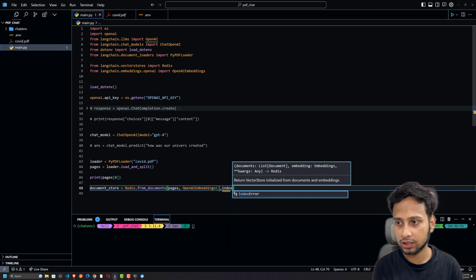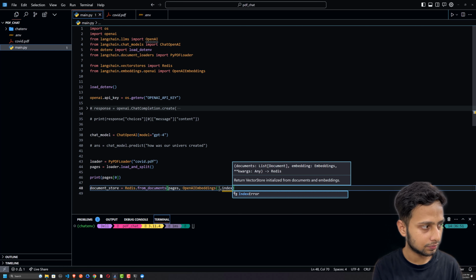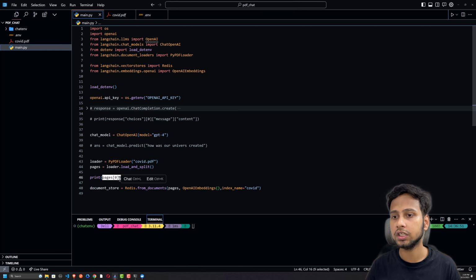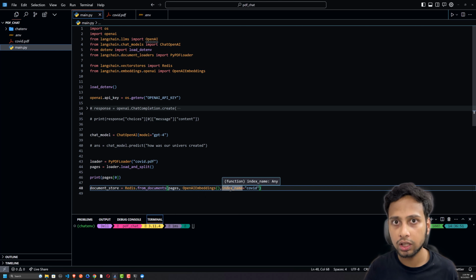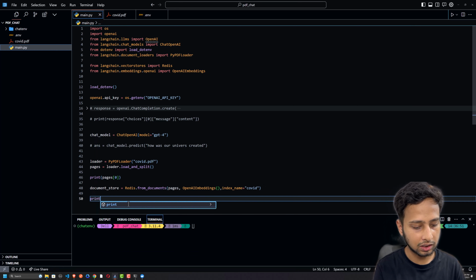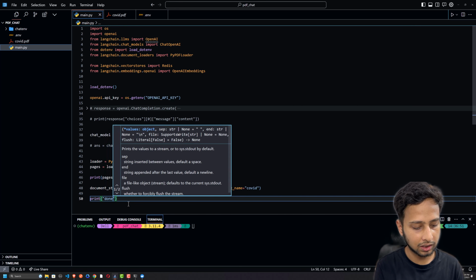So index, something like this. This is basically going to take the information of each page. So we have the list of pages, and all of these will be converted using OpenAI embeddings, and then stored into our Redis database with this particular index name. After saving it, I print something like "done"